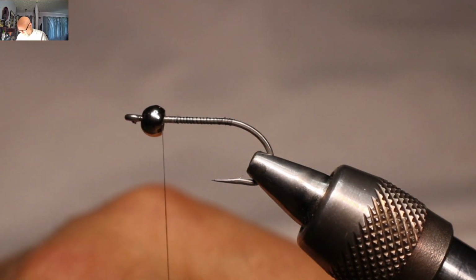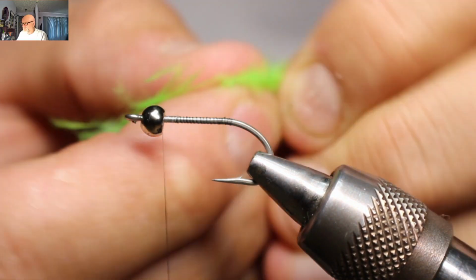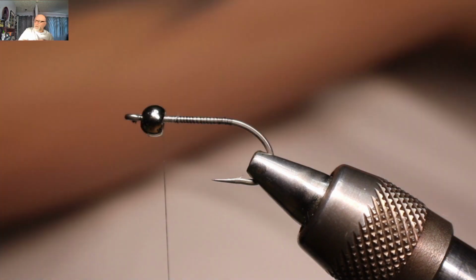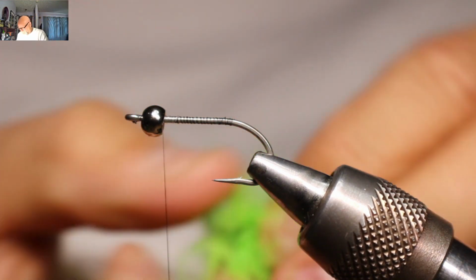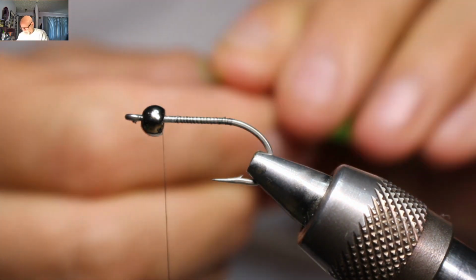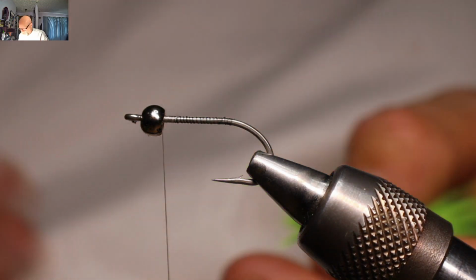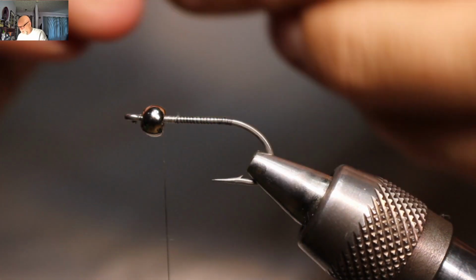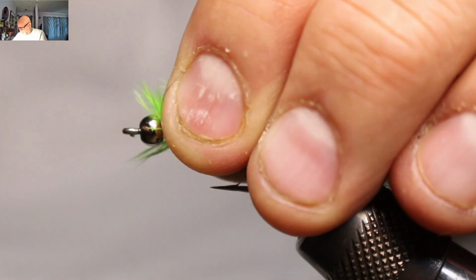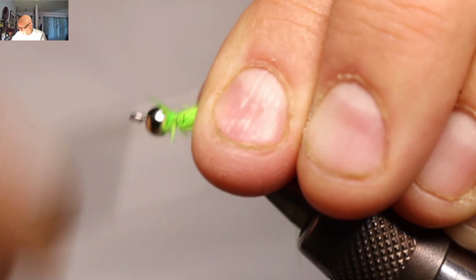I'm going to grab my marabou that I prepared, and pull out the underfur. All this underfur here. You try not to build up your body too much. So just pulling all this underfur out. Then I'll wet my fingers and just slick this a bit to make sure I get them all lined up again. I could even cut it just to sharpen up that edge again for a tie-in point. Don't worry too much about what the front looks like here because it's all going to get covered. So just tie that in